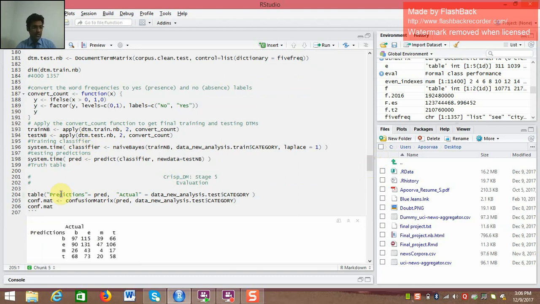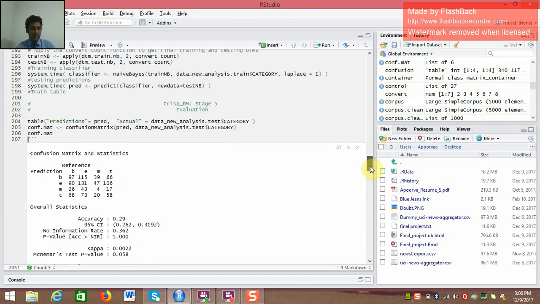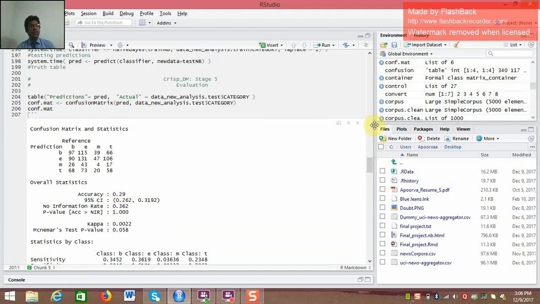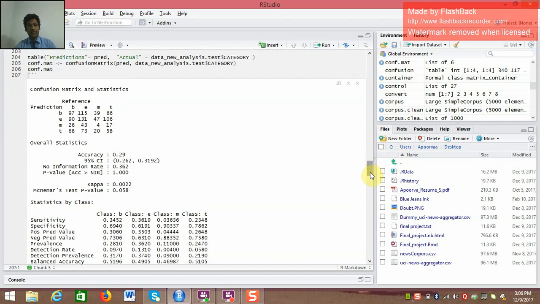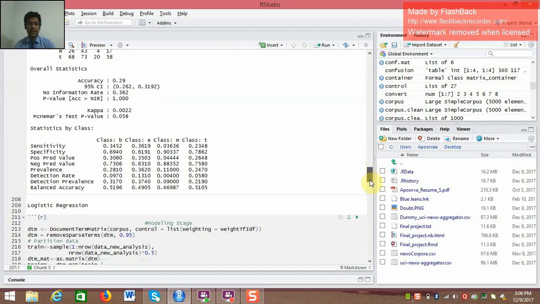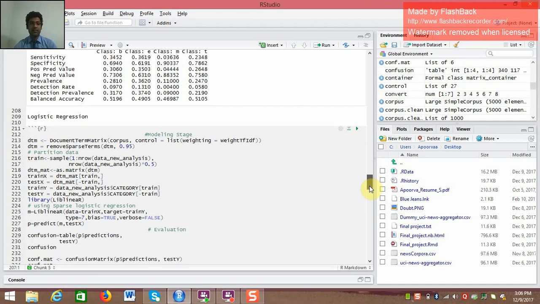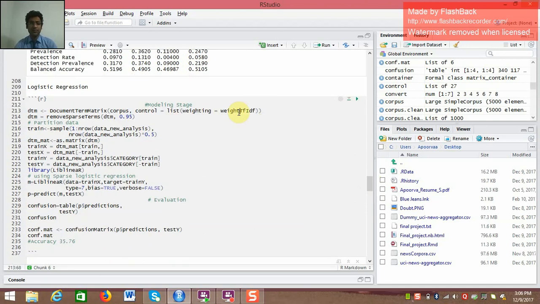Right now we'll do the evaluation stage and find the accuracy. The accuracy over here is 29%. Yeah, I know it's quite low, but as I said, it will be very low, because the main reason is we haven't used the whole data, 44k. Though we have shuffled it, we have used just 5000 data, as my system is 4 GB RAM. If you use a higher system with better RAM and a faster processor, definitely that will increase.